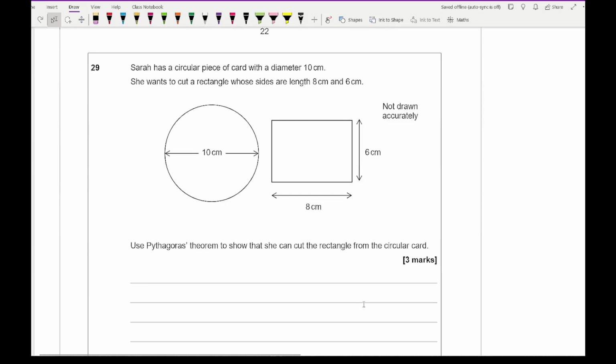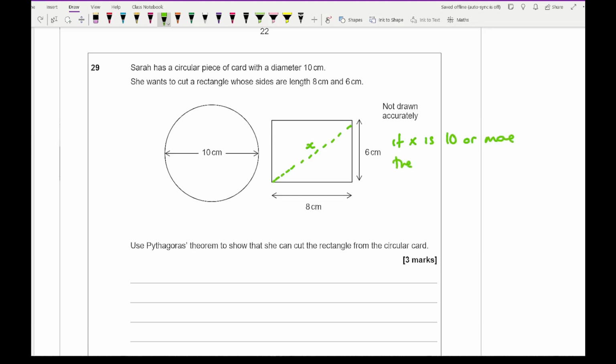The next question, 29, says Sarah has a circular piece of card with a diameter of 10 centimeters. She wants to cut a rectangle whose sides or length are 8 by 6. Use Pythagoras' theorem to show that she can cut out the rectangle from the circular card. So for this, what we want to do is work out what the diagonal of the rectangle is going to be. So if x is 10 or more,